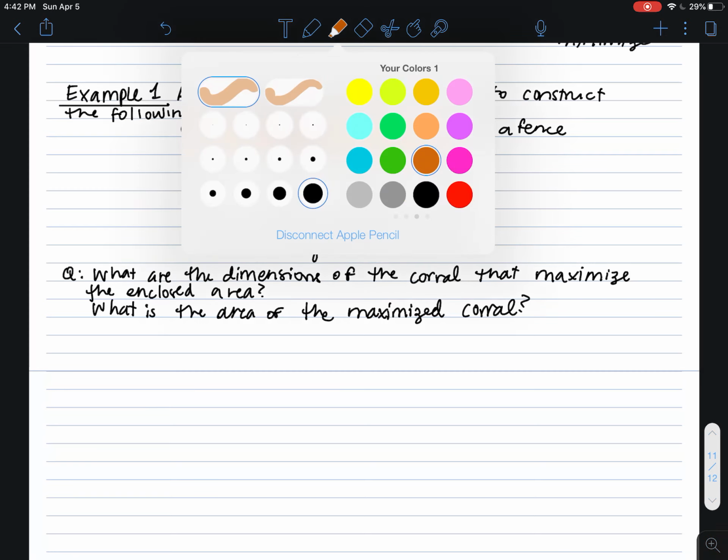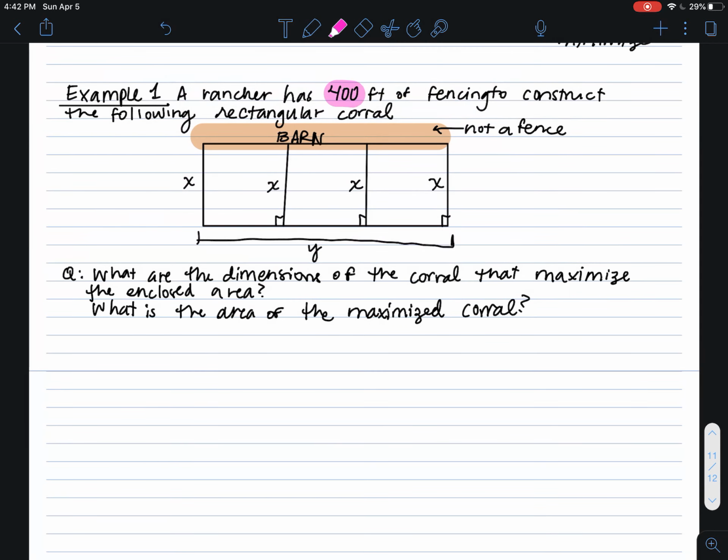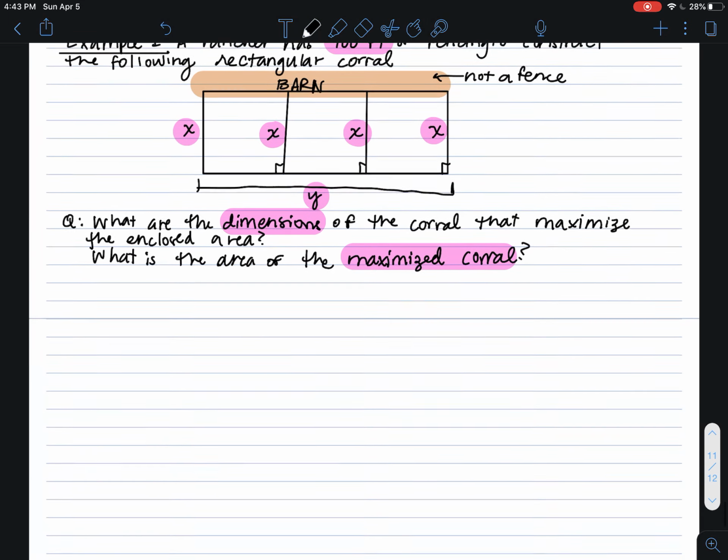So, like every word problem, we have things that we care about. We care that we have 400 feet of fencing. We care about the dimensions of our picture. And we care about what we need to find. So we need to find basically the maximized area and the dimensions that give us that. Okay, so